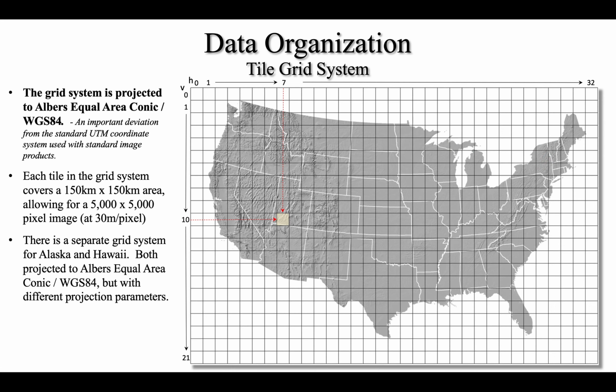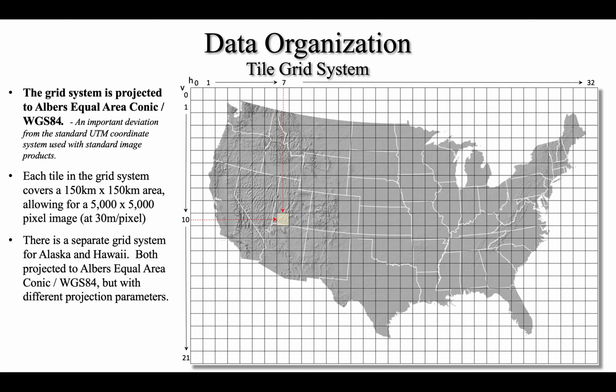The grid system, and therefore all imagery, are projected to the standard USGS Albers Equal Area Conic WGS84 projection. The Hawaii grid uses the same projection as the conterminous US. Alaska, however, uses a modified Albers Equal Area Conic projection. This represents a departure from the universal transverse Mercator projection typically used for Landsat imagery in the original path row